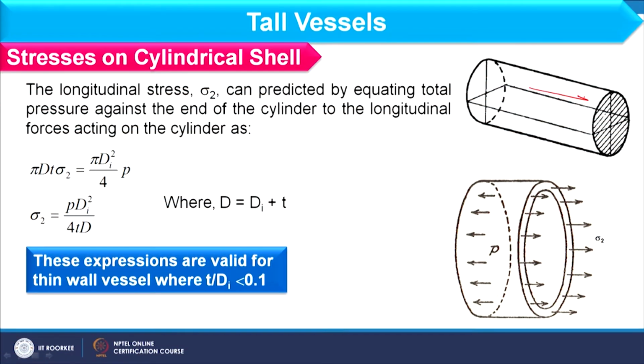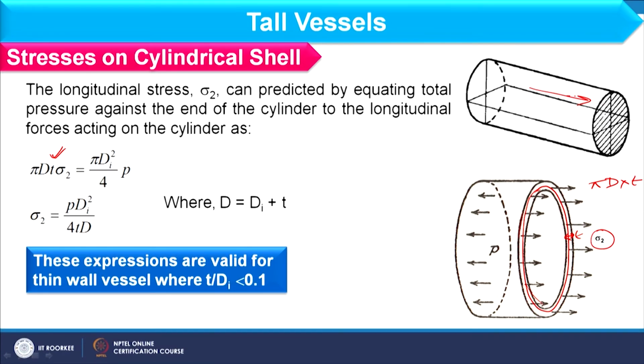Now, we will focus on longitudinal stress on the cylindrical shell. If we consider the longitudinal stress, it will create sigma 2. That will be balanced by the forces generated in this shell. So, pi d t into sigma 2. If I consider the mean diameter, pi d will be the periphery, into T, because T is the thickness of this wall. That acting area into sigma 2 will be equal to the pressure generated over here, and it will try to